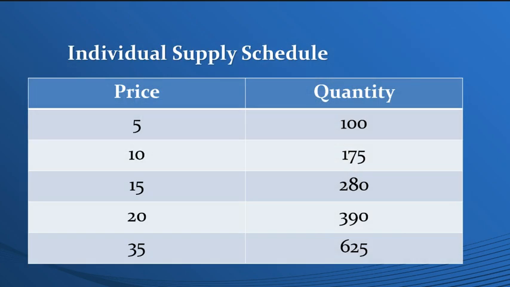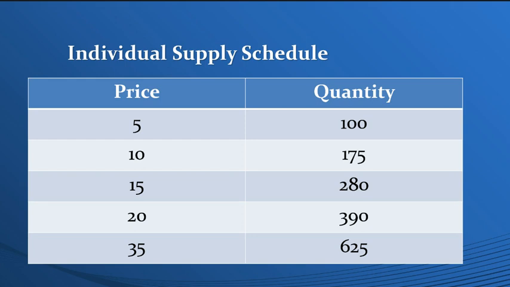So here, I just made up some fake numbers. I really don't know how accurate this would be. This is just for our example. But at $5, they're willing to make 100. And at 10, if they can sell it for $10, they're going to make 175. And then we can see when we get down to 35, our quantity has gone all the way up to